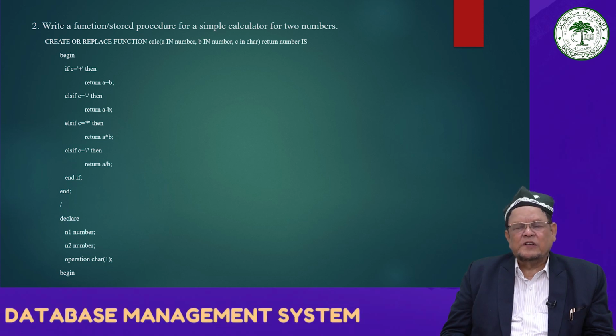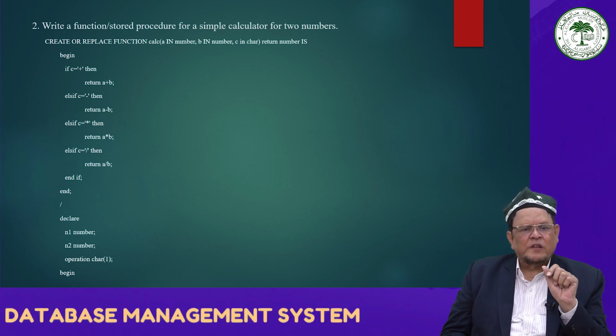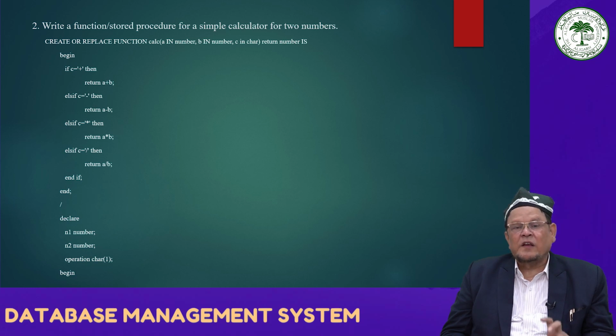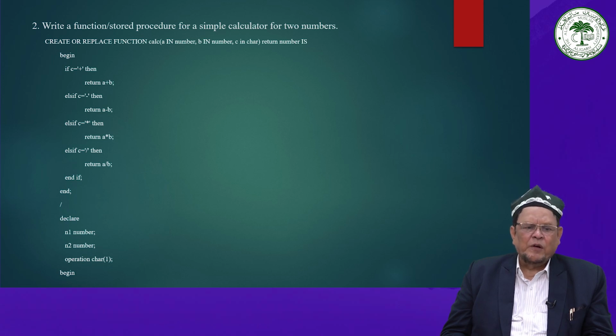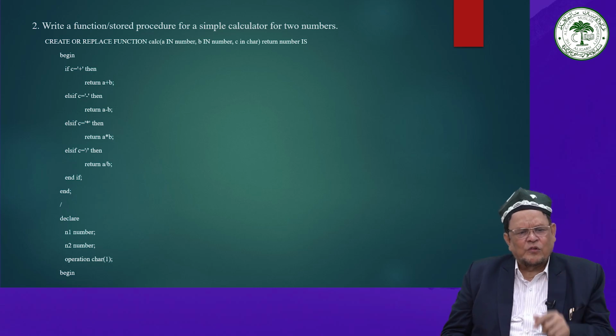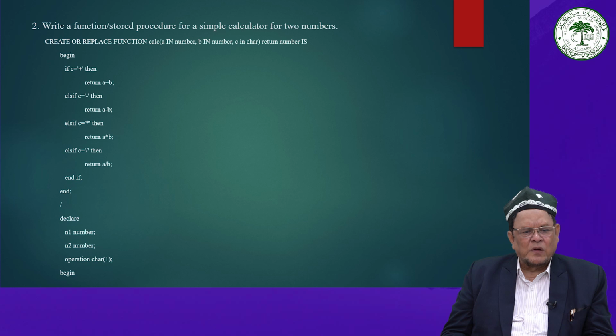If C is the plus operation, then return A plus B, else if C is minus, then return A minus B, else if C is multiply, then return A multiply by B, else if C is division, then return A divided by B, and if. And then you have to declare the variables n1 number, n2 number, and operation char